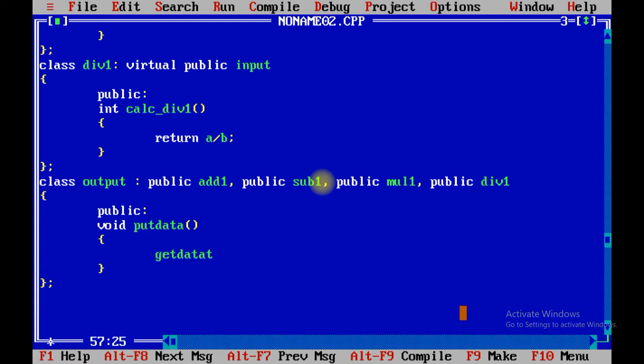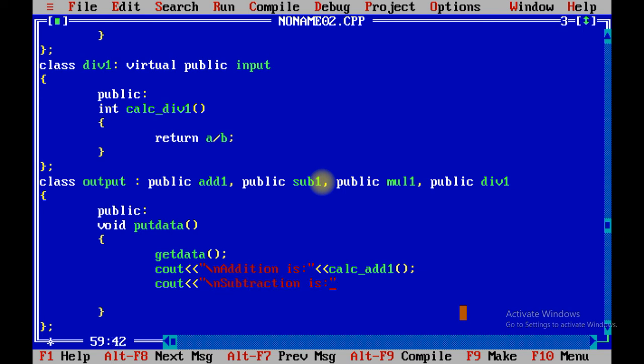First of all call that get data function, then cout \n addition is, calculate add1, the name of that method is calculate underscore add1, cout \n